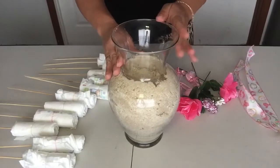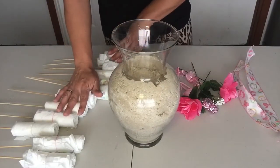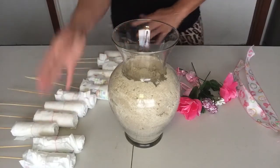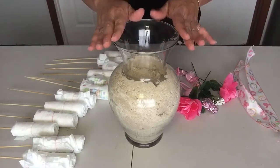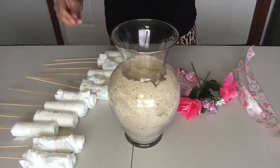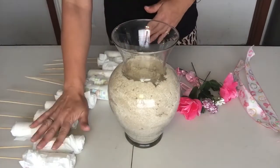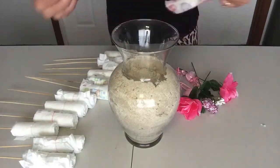And what I'm going to do is, they don't want much decoration onto the diapers per their request, so we're not really decorating around, but we are going to decorate everything else. Okay, to create this specific bouquet, you will need a vase, you will need your play sand, 12 diapers on sticks. I'm going to be using some ribbons,